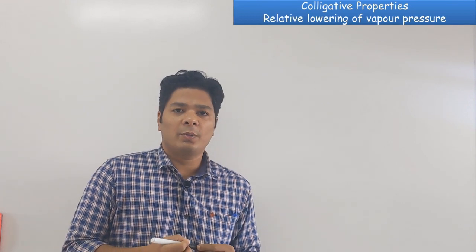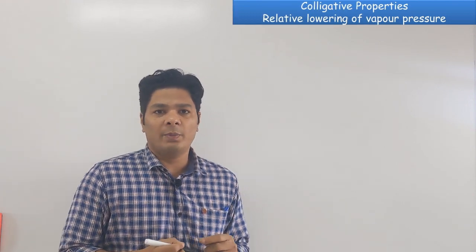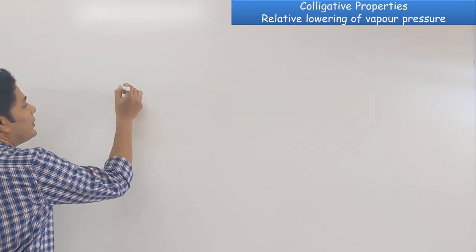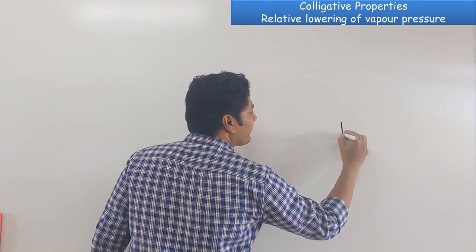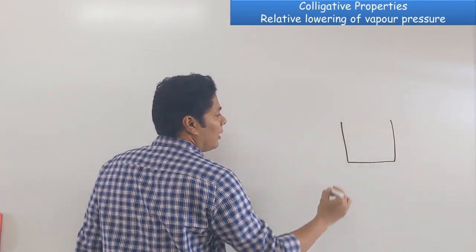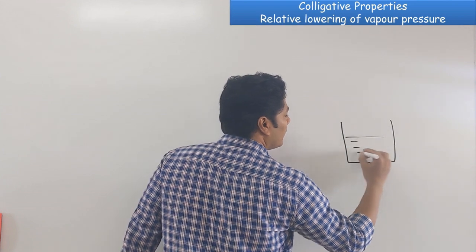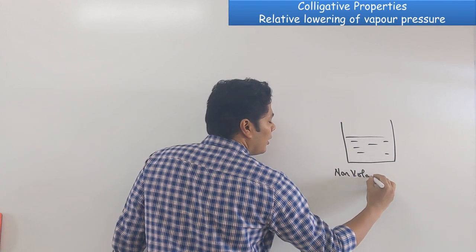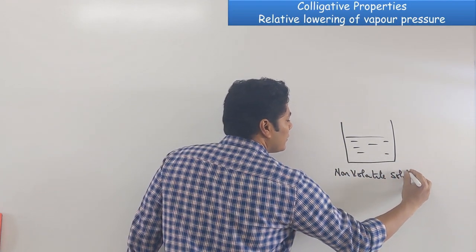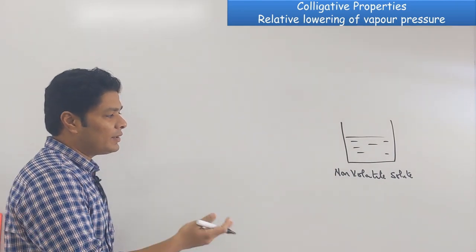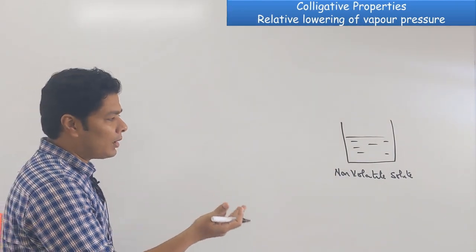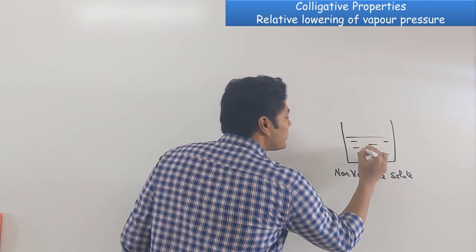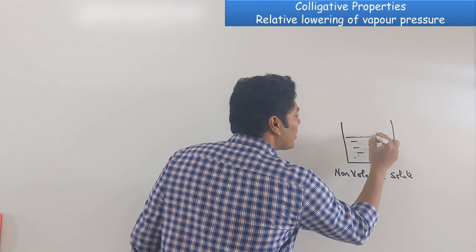Our first colligative property we are going to see is a relative lowering of vapor pressure. So now let's say for example you take, maybe I'll draw this here, a beaker of water, and we are going to add non-volatile solute. Non-volatile solute means it doesn't go into vapor phase easily. When you have non-volatile solute, maybe I can draw my solute in blue. So the solute particles are right here, and also some of them are on the surface.